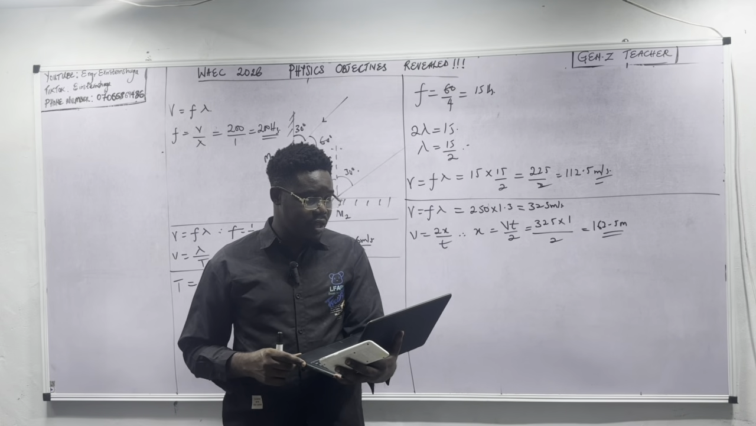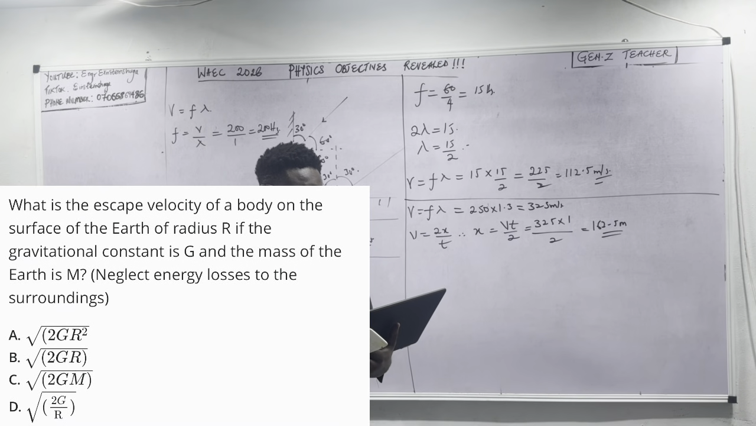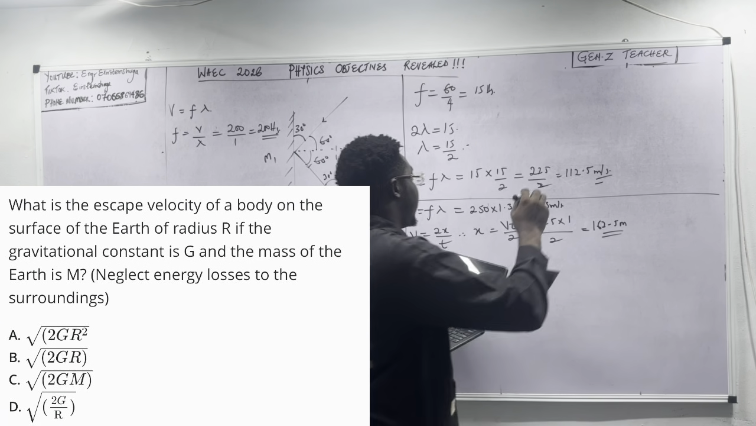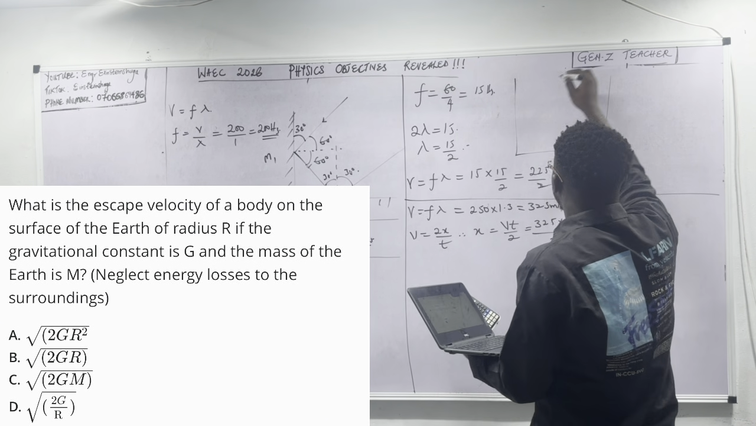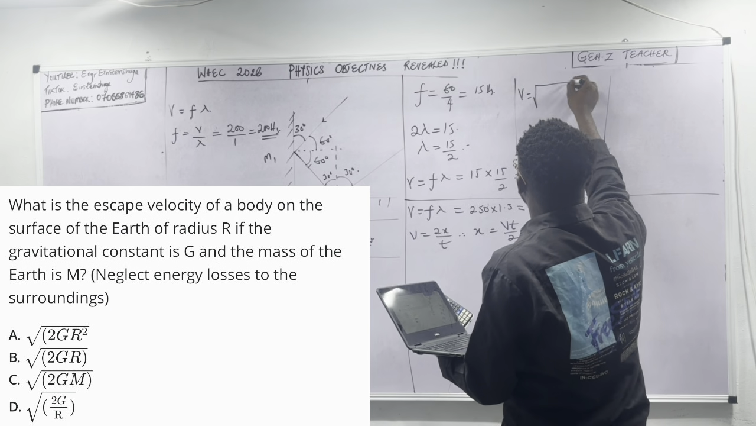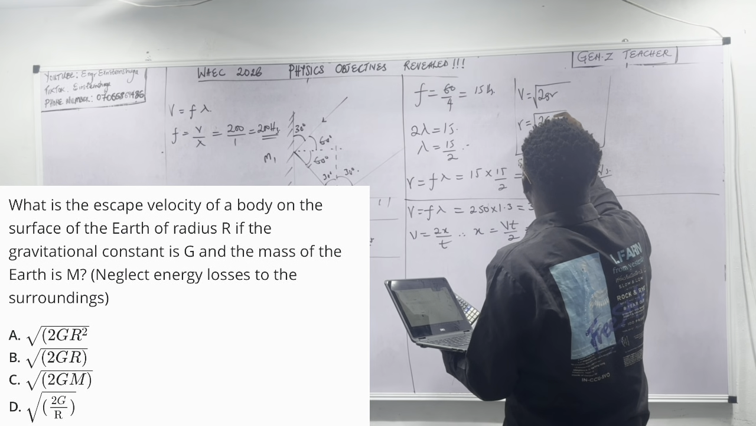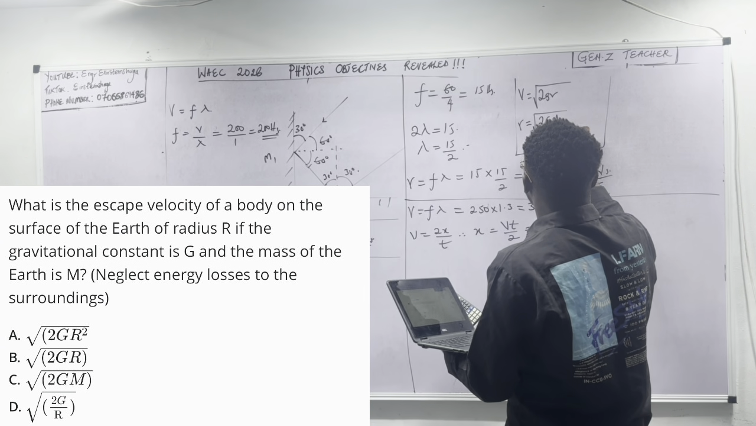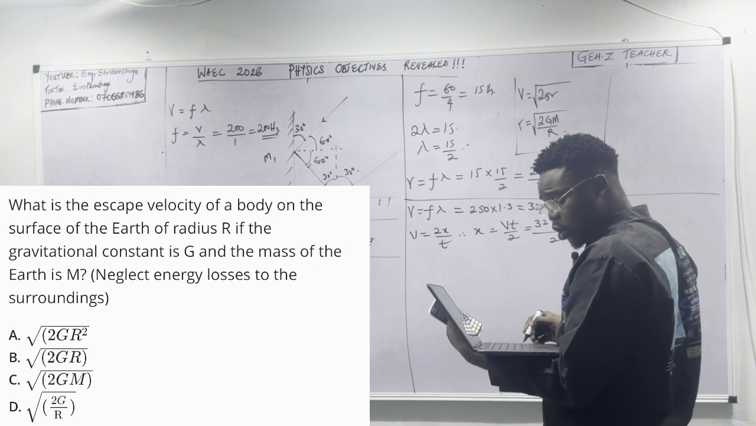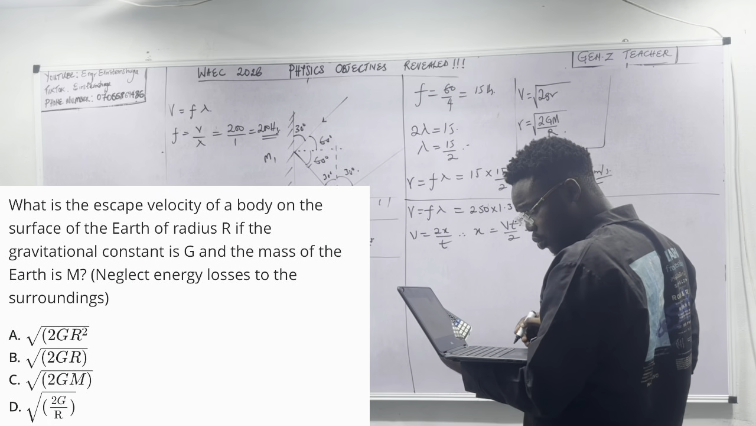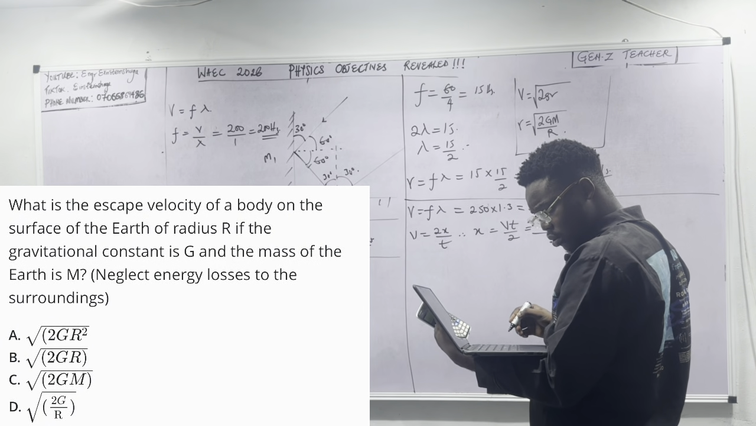Number 35. What is the escape velocity of a body on the surface of the earth with radius R? Don't forget that the formula for escape velocity v is square root of 2GM over R. So any of these in the option should be correct, and that should be option